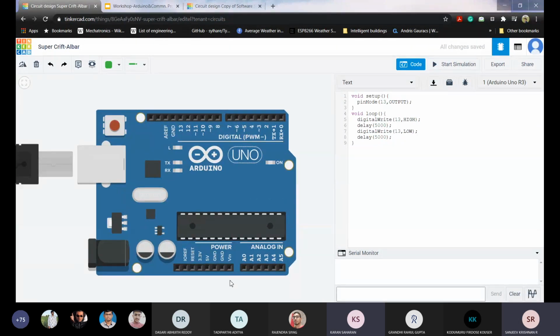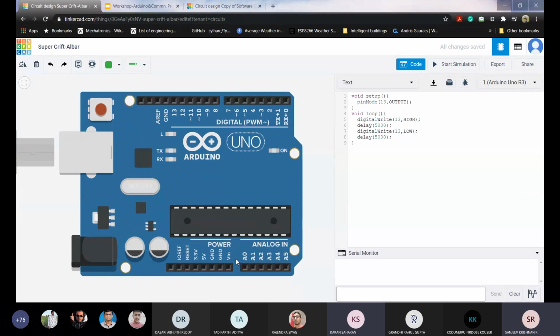Basically 9 volt is the ideal input voltage. If you go above 9 volt, to some extent it can manage, because there are a few transformers basically to regulate the power supply.